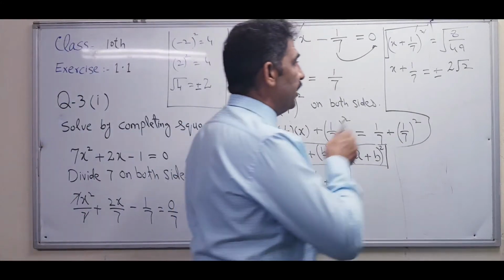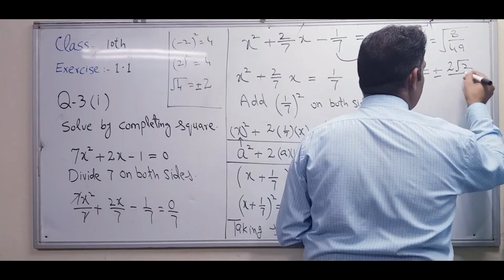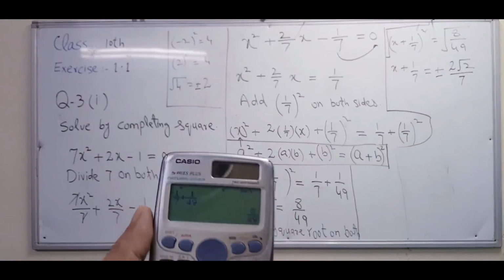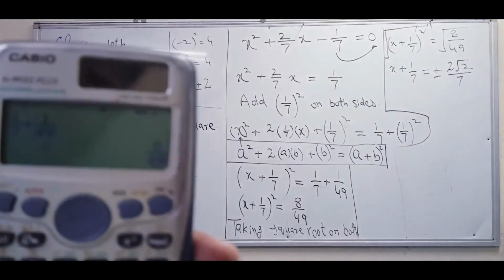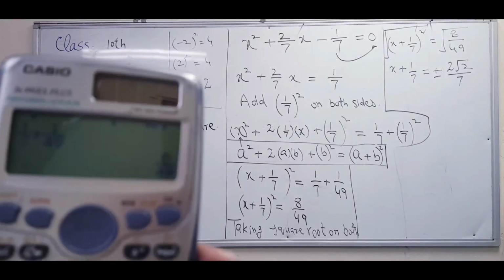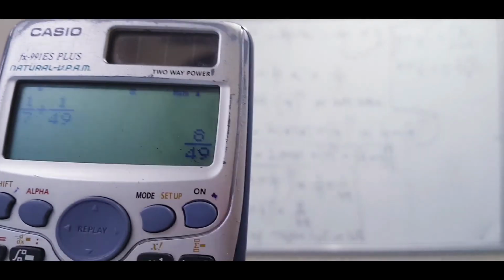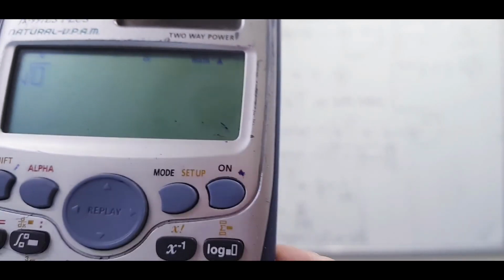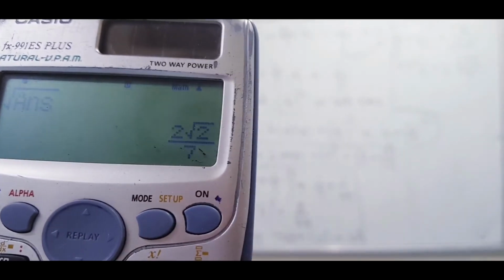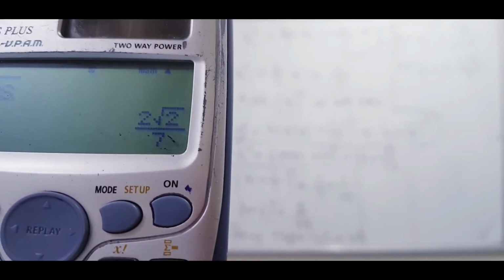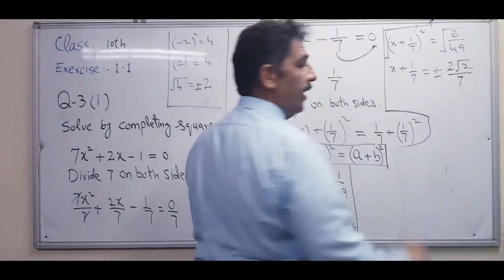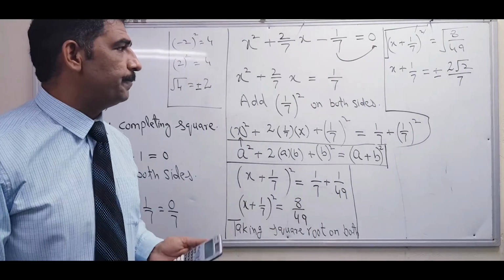If you are feeling confused, then you have to use this calculator as I told you before. How to do that? This number is already written here, which I solved before, right? So you can see. Now the next step is that you have to use the sign of the third answer. You can see, what is the answer? 2 into 2 root over 7. You can see the same answer which we wrote here, right?